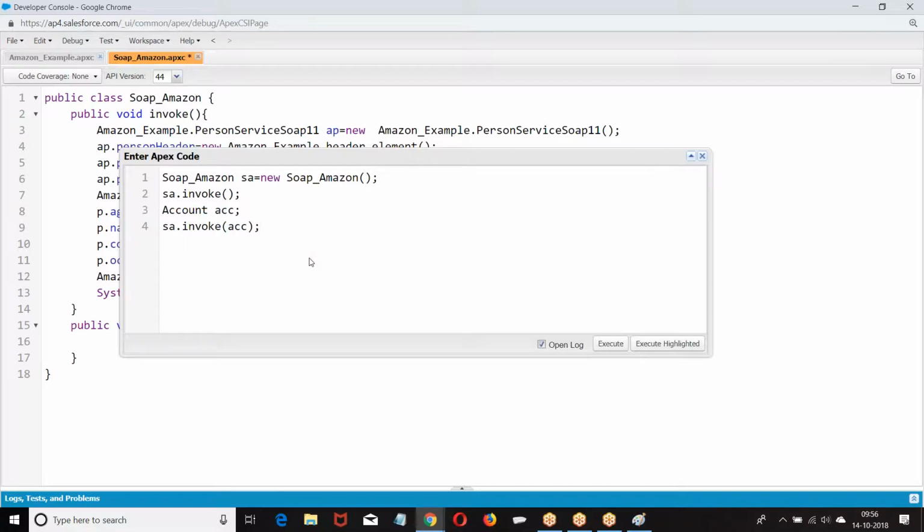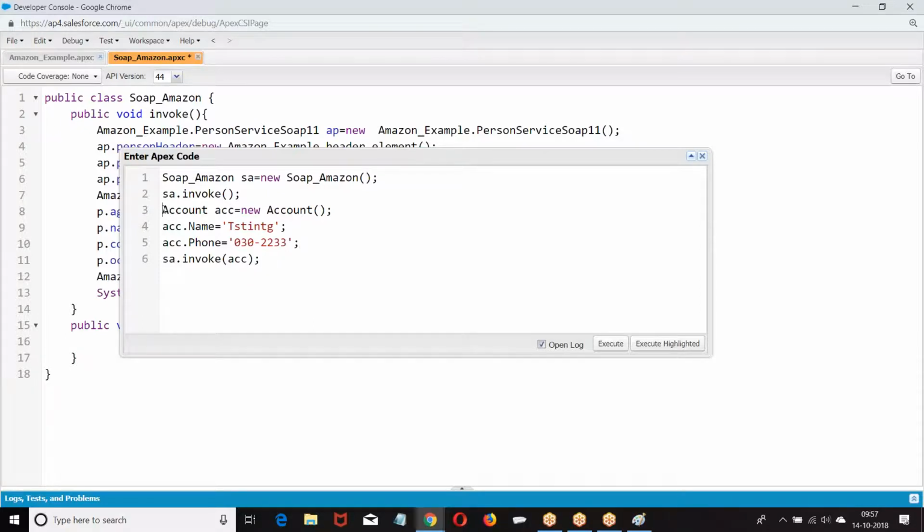Why not? It is a reference variable. For a reference variable, if you don't assign memory, what is the value? Null. So what do we do? If you don't assign any value, it's empty. Then I say acc.name, then I will pass it. This is how we are supposed to pass acc.